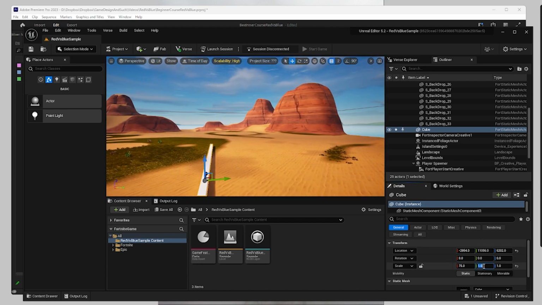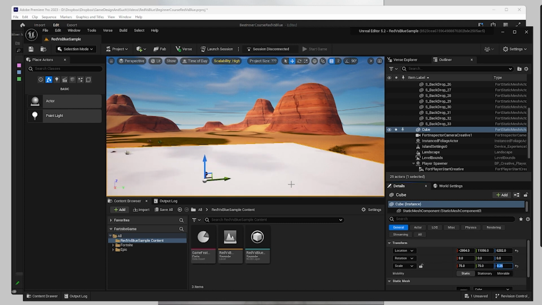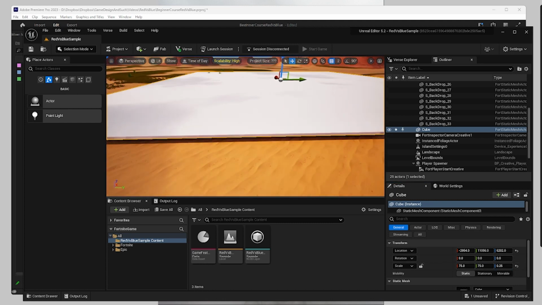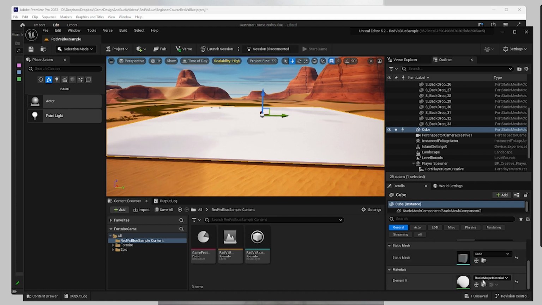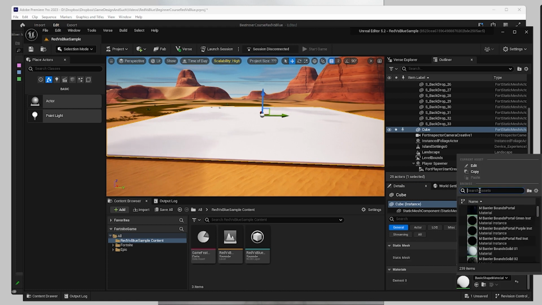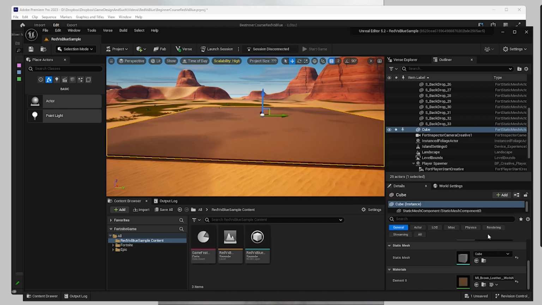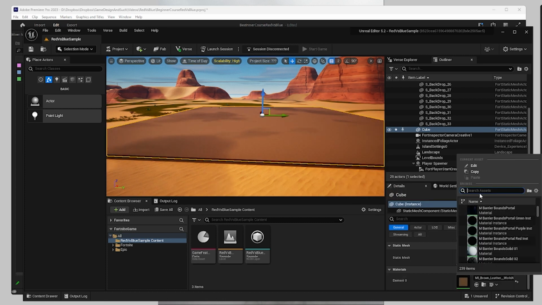Now head on over to transform and adjust the scale of this cube to 75 by 75 by 0.25 by entering the numbers directly. That's 75 meters on each side and a quarter meter in height, a sizable footprint for our fortress. Once that's done, we'll use the flatten tool to level the surrounding area and prepare the sites for